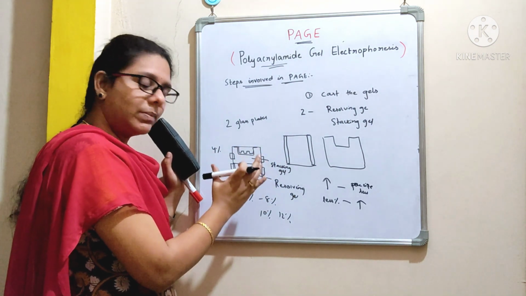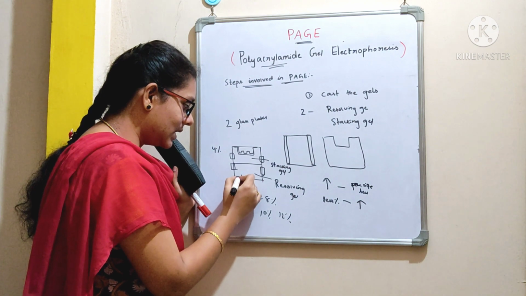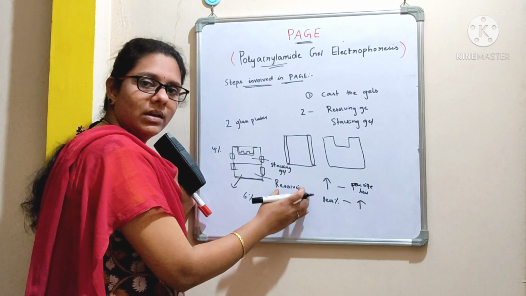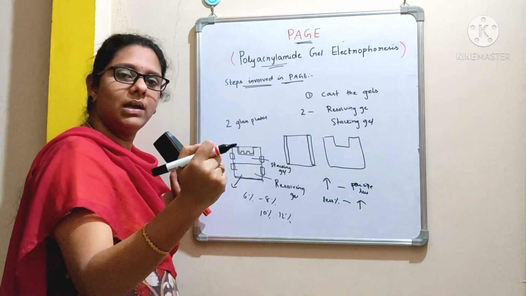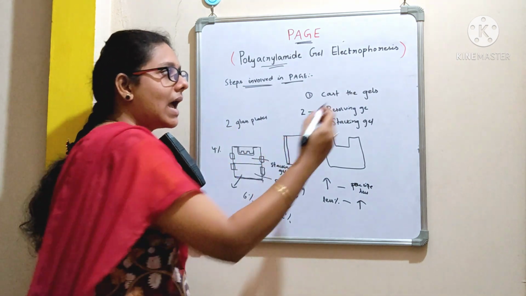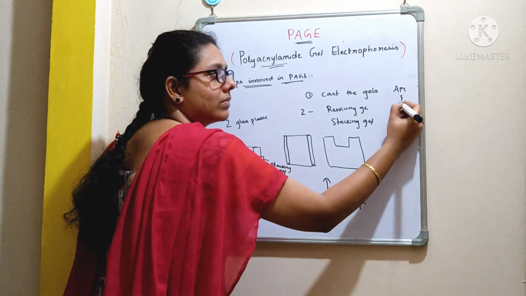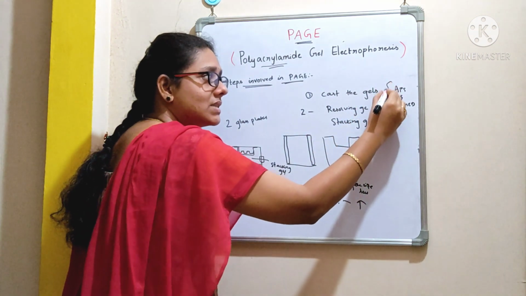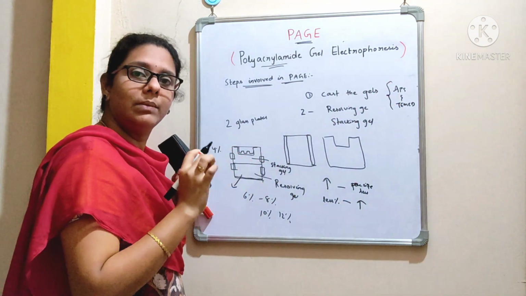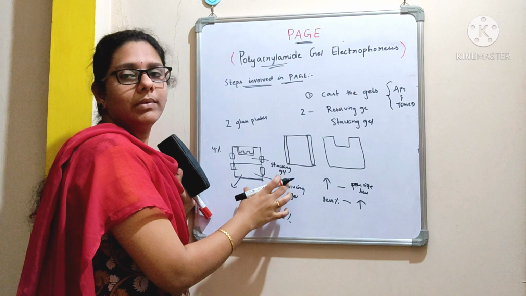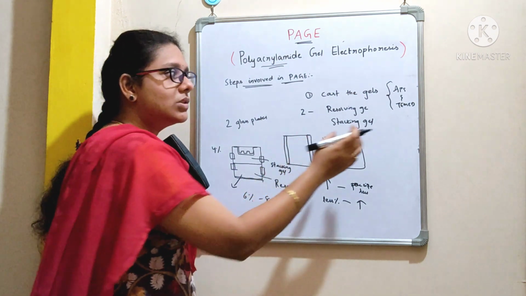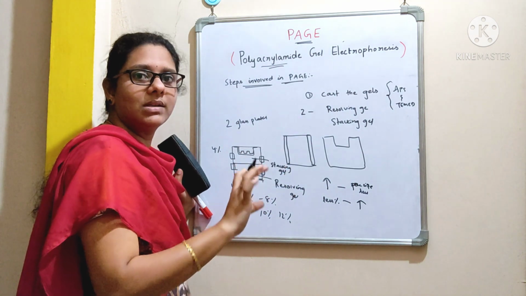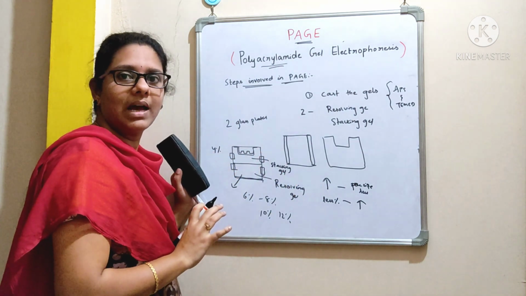Once you are done setting up the plate, the first thing is you need to seal the bottom. When you prepare a resolving gel, you separate 1 ml into another Eppendorf tube and then add APS and TEMED. Remember, this APS and TEMED ought to be added immediately before casting the gel. If you add this and leave it like that, the gel gets polymerized in the tube itself before you add